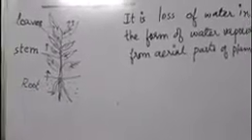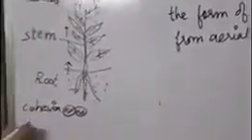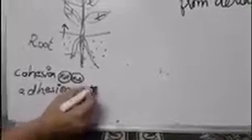Now when the water molecules are pulled, they are pulled by two forces. One of the forces is cohesion. Now in this cohesion, what happens? These are the two water molecules. They stick together and they will move up through the xylem vessel. The other property is adhesion force. Now in this what happens? The water molecules are sticking to the sides of the xylem vessel. So these two forces, cohesion and adhesion, also help in the pulling up of water in the xylem vessel.